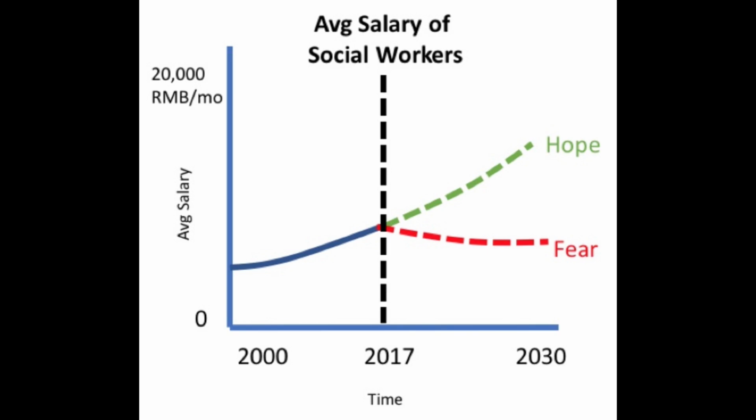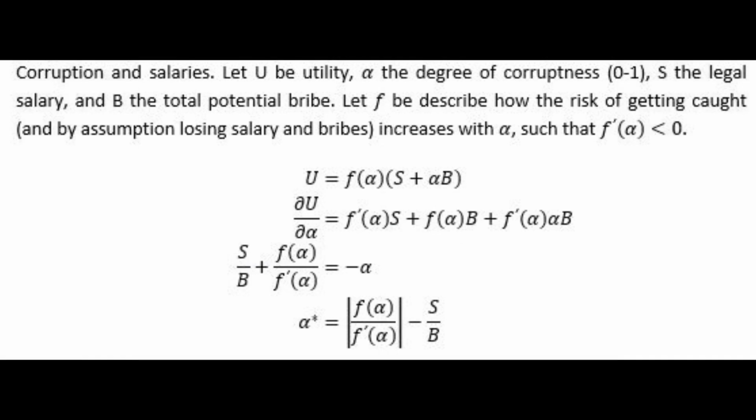And the reason for this, which might be somewhat less obvious than transparency and higher penalties, is basically because public officials have two sources of income: an official salary, which is often very low, and an income from bribes. And in many cases, at a lower level, officials rely on bribes to supplement their very low official salaries and thereby provide for themselves and their families. So it's not the case that everyone's just trying to get rich at the expense of other people. It's often just a way of getting by, at least for people at the lower level. And of course, because everyone else is doing it, it's expected.